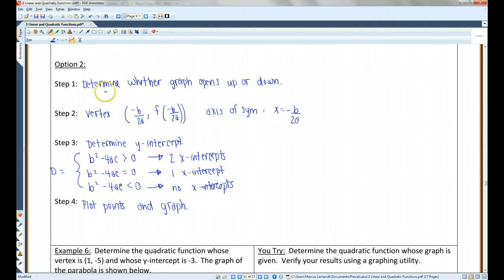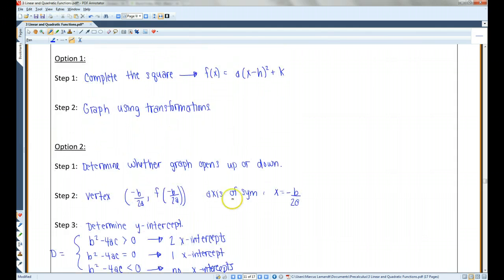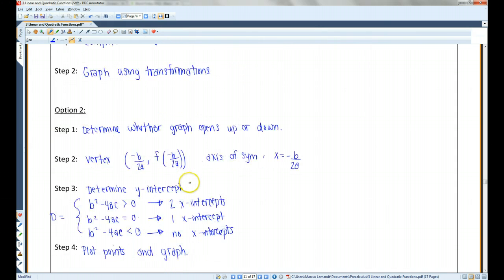Right, the second way you could graph it is to first of all determine whether the graph opens up or down, then plug A and B in, figure out your vertex, figure out your axis of symmetry. Determine your y-intercept, that's when you plug in 0 for x. Your discriminant will tell you how many x-intercepts there are, and you can solve that by factoring, and then plot the points and graph. Okay, so once again, I prefer this one, but I actually think that most people prefer